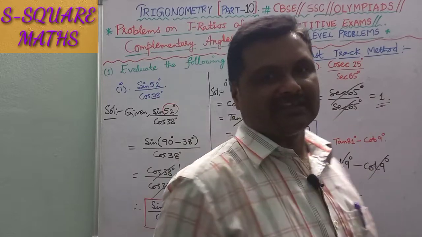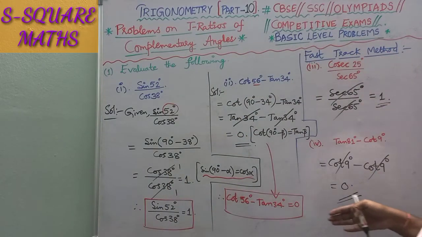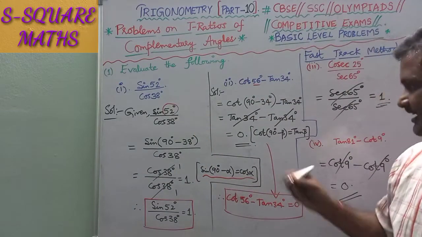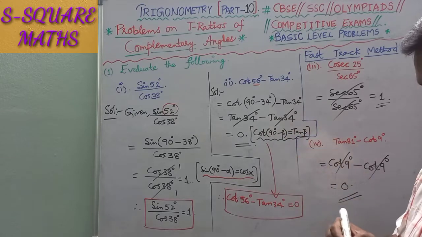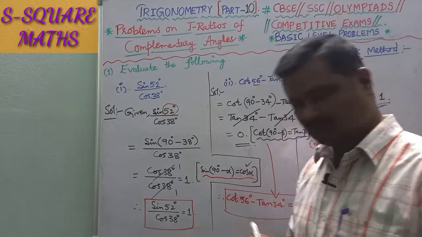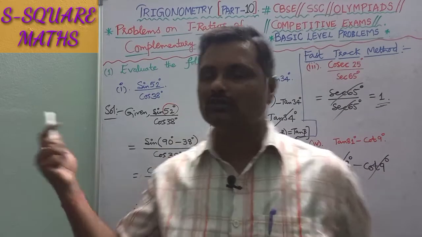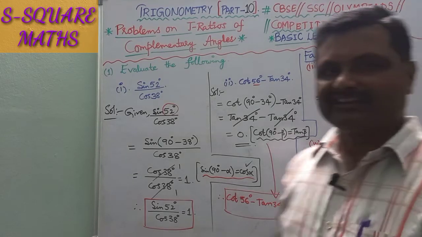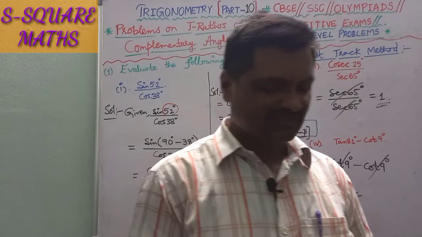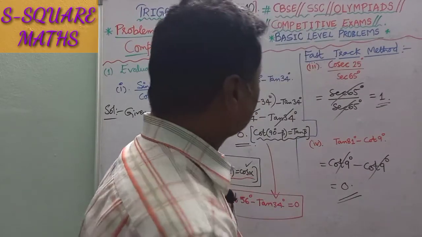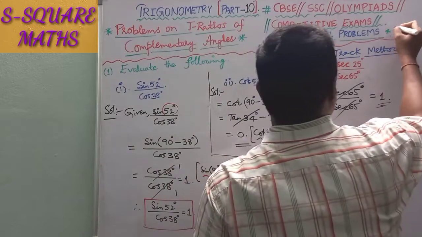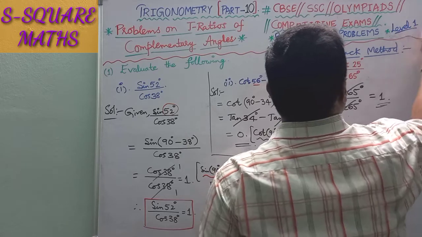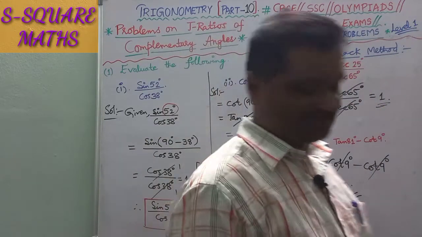Okay. So like this, these are the fast track method problems. These are for the general regular boards. And this is the formula we applied here. Note it, here we applied this formula. Once you have the total look, all the 4 problems. So in this way we can overcome the basic level problems. This you can read as the level 1 problems, first level. That's why basic level problems.